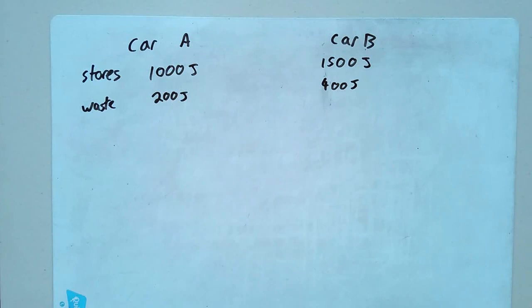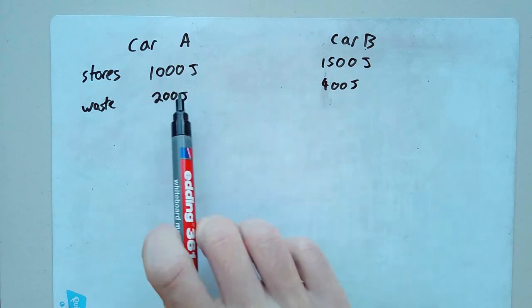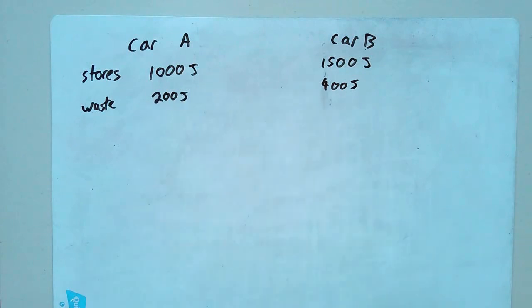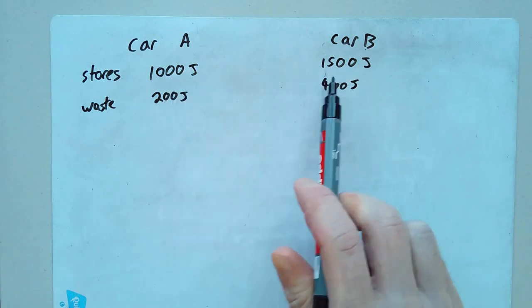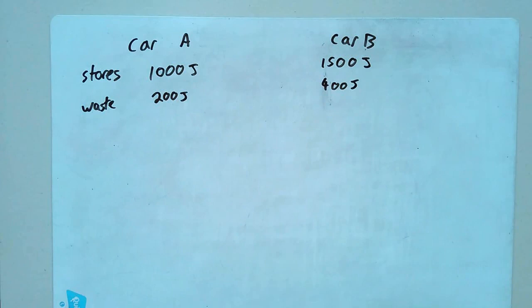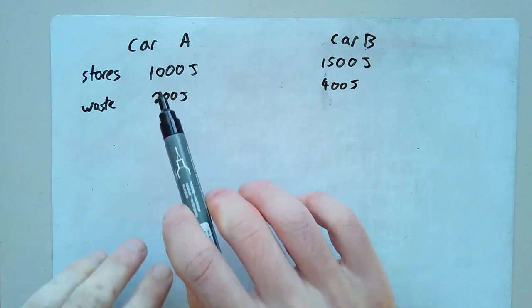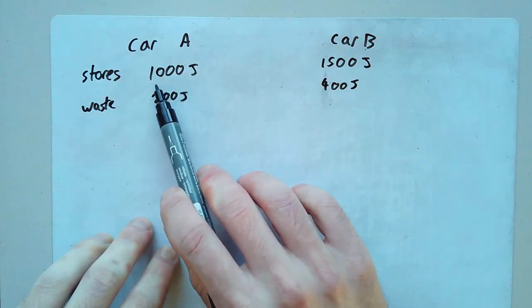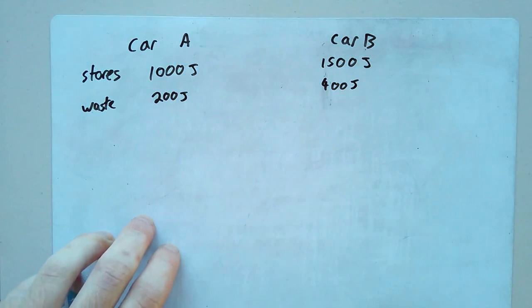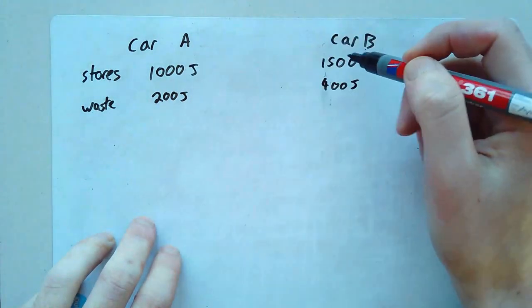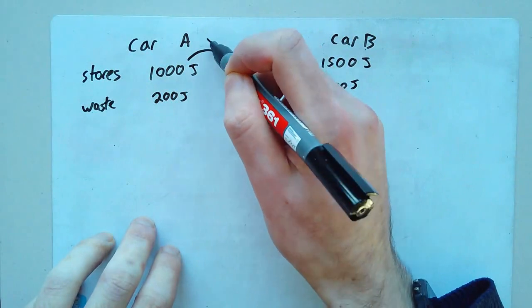And in truth, you could probably work that out. It's a bit more complicated than if I'd given you the same amount of energy that they were storing. So, you know, if one was 1,000 joules, the other was 1,000 joules, and one wasted 200, the other wasted 400, it's obvious which one is more and less efficient. In this one, it's a bit more complicated because these numbers to start with are different and these numbers are different as well. In reality, it's not that hard because if I look at the difference between 1,000 and 1,500, well, I need to add another 500 here, which is roughly half of the 1,000. Well, it's exactly half of the 1,000,